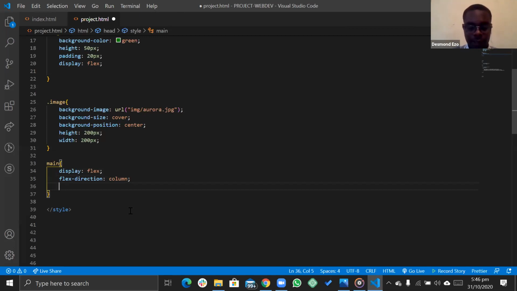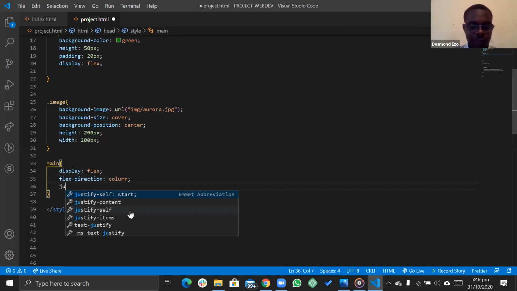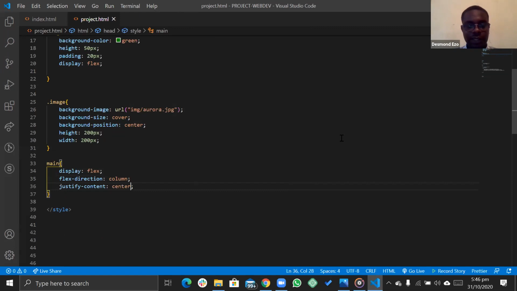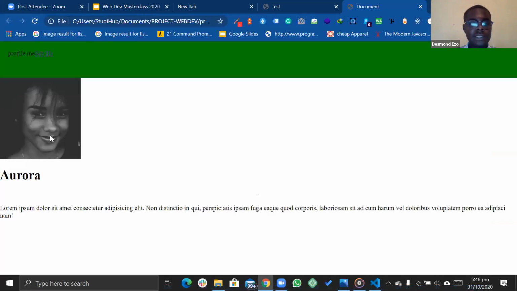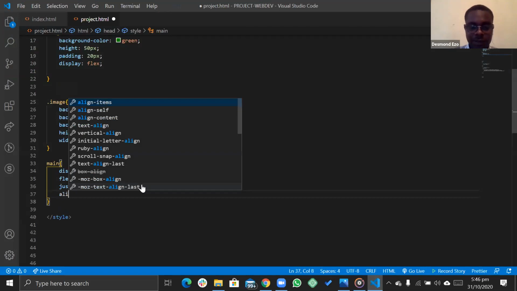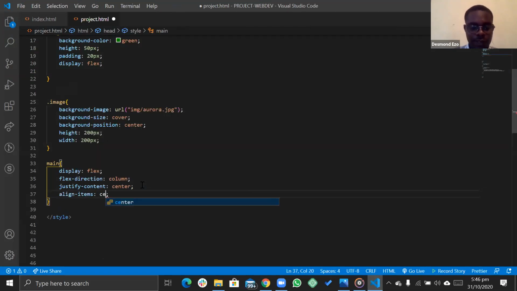I want to make justify content, I want to make everything display at the center of the page. Doing that changes the position and allows things to be at the center. Also align items, center.